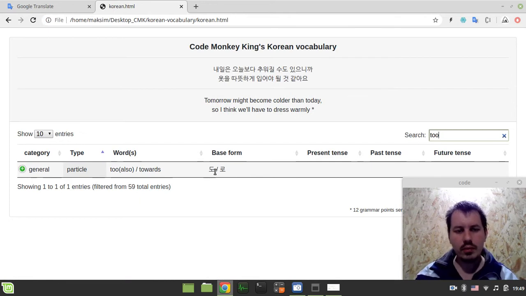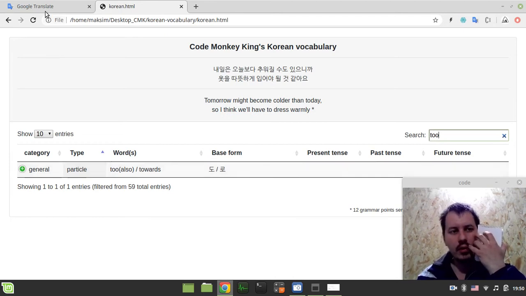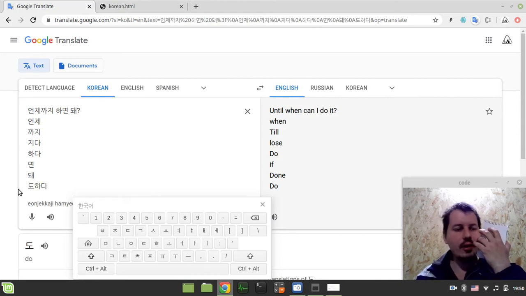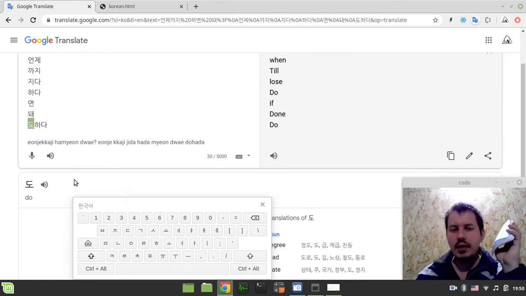To means to, so it's like also to do or something like that. However, I'm not sure whether in this particular case this might be treated as separate, or maybe this is just phonetic. Well, I don't know. Can this be considered as to or not? Because if this was a particle, it should probably go at the end of the word, not in front of it. However, it happens quite often, like